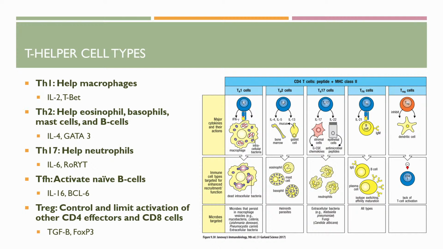So, T helper cell types. We talked about the helper T cells, and there are different kinds. T helper cells can be within different classes, so Th1, Th2, Th17. You've probably heard a little bit about this before, but the Th just means that they're all T helper cells. Th1 cells help macrophages. You don't have to remember which cytokines here are associated with Th1 cells, but essentially in